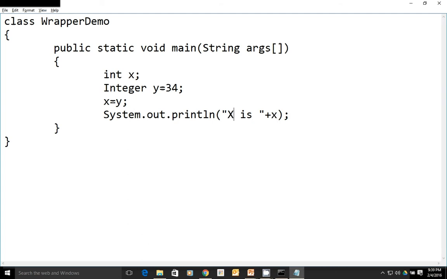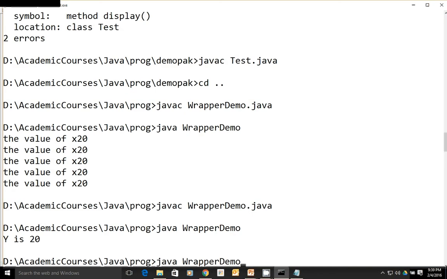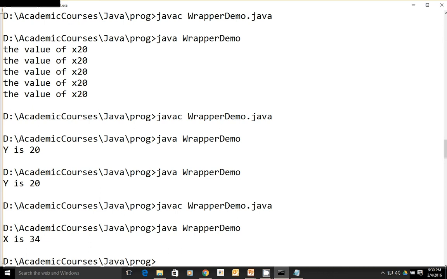Here x is a primitive variable, primitive data type. It's an integer variable, but we assign an object to a primitive variable. Here you can write it like this, new Integer of 34. This is what we call auto-unboxing.